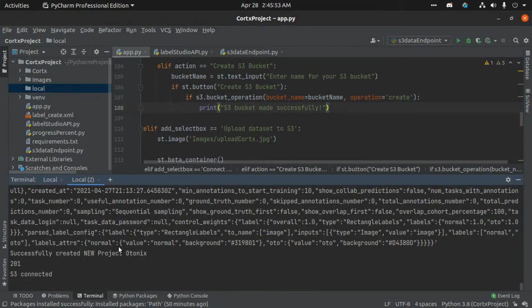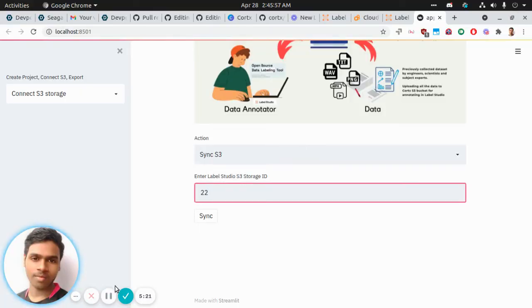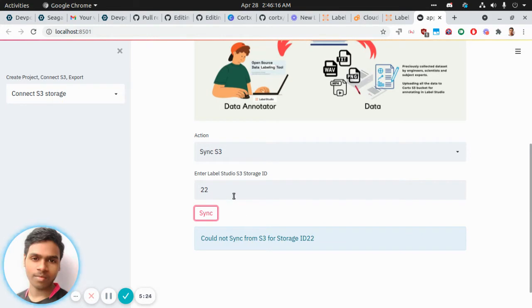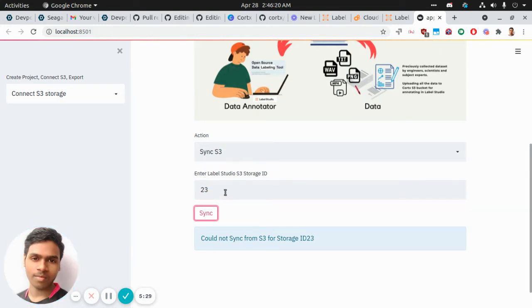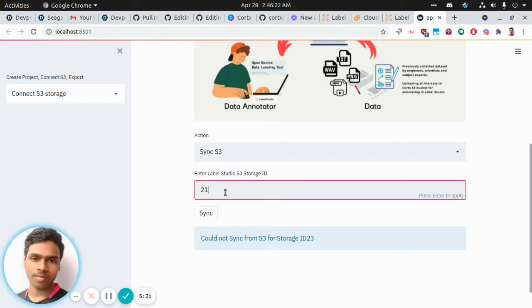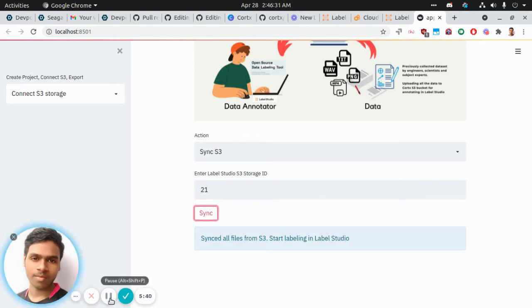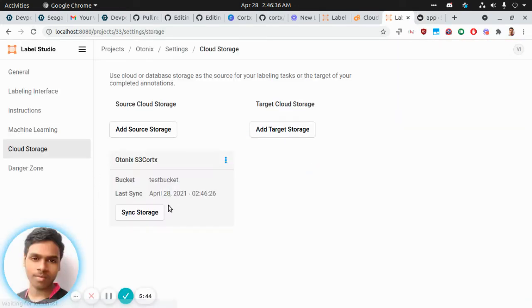You can just check it from here if you have any confusion. Let's check. It's 22, I guess. No, 23. I forgot it. It must be 21 then. Yes, the ID was 21. So it's synced now. When you go back and refresh, you can see it is synced.